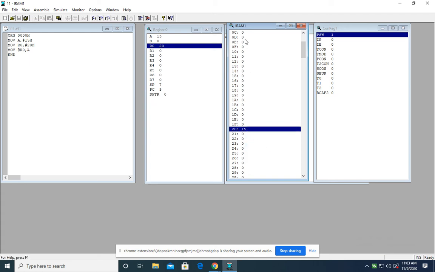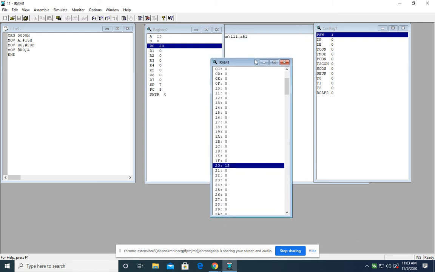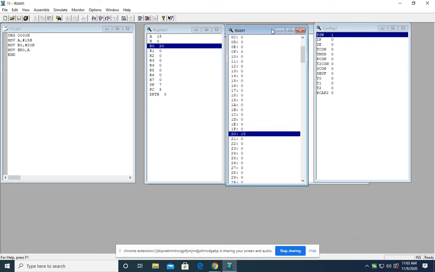So this particular internal RAM is used for observing the data which is being transferred from one register to another register. You can see this R0 register belongs to the first register bank, that is the register bank 0. So here you will get R0 is having address 00, and that same data is loaded here.